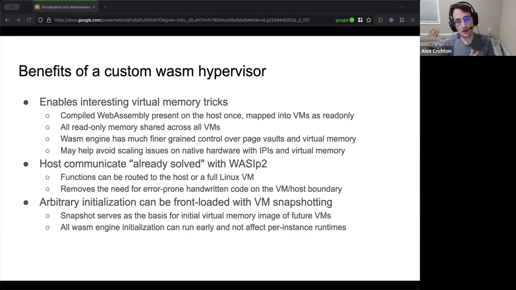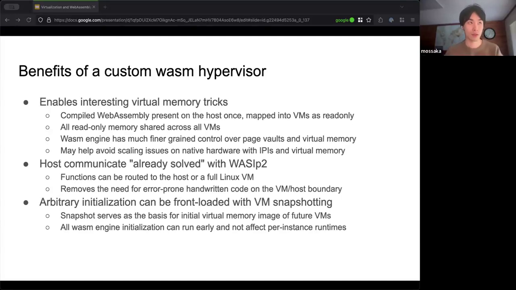And then finally, there's this kind of arbitrary initialization. You can imagine doing any sort of GC startup in your own language runtime, any sort of your own personal runtime, compiling regular expressions, all that fun stuff. And that can all be done in memory, and then you don't have to worry about running that on all future executions. So in that sense, it's a bit of a snapshot in that regard. But yeah, Osaka.